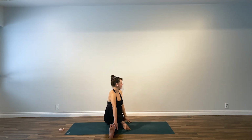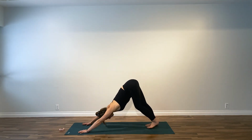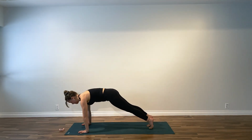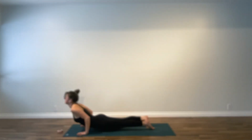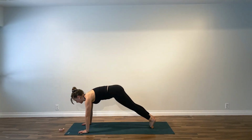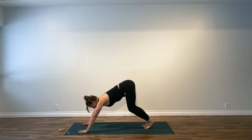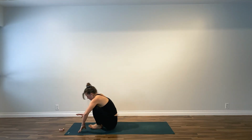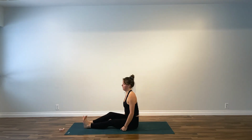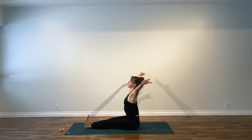All right, let's unwind, unbind, and make our way into downward facing dog for vinyasa. Inhale to upward facing dog or cobra, and exhale, downward facing dog. Let's step our feet in between our hands, preparing for Paschimottanasana. Reaching the arms up,